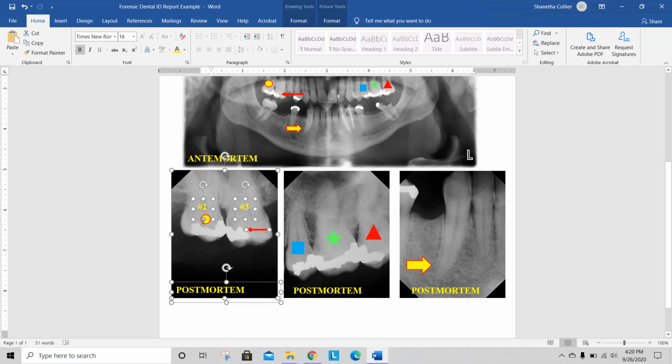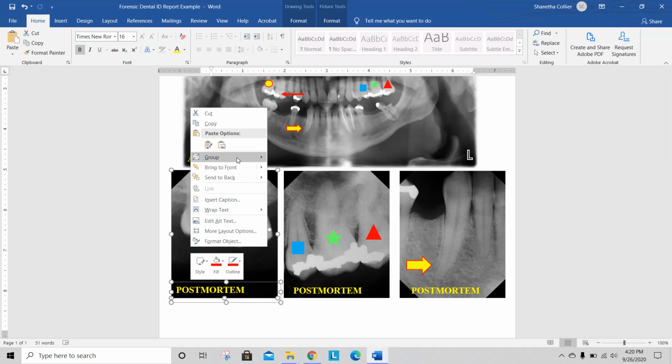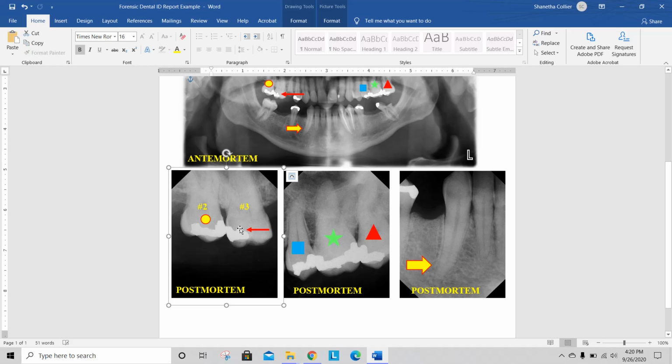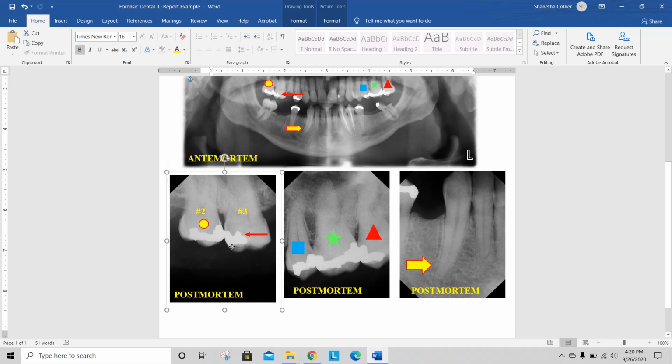I've got my text box for number 2 selected. Now I'm going to select my circle, and I've already selected my x-ray, so everything is now highlighted. We're going to right click, and we're going to group them together. So again, that puts it all in one